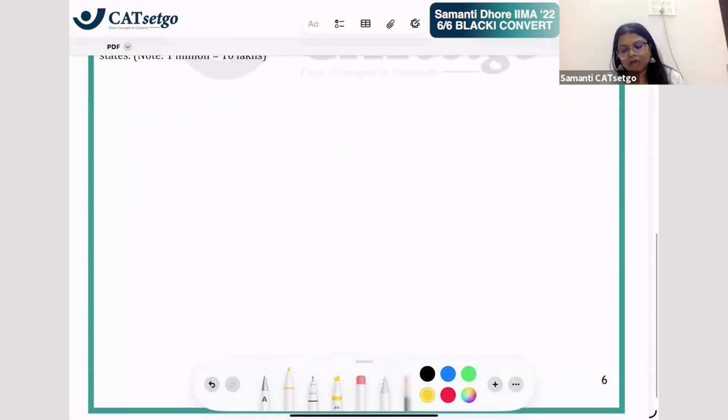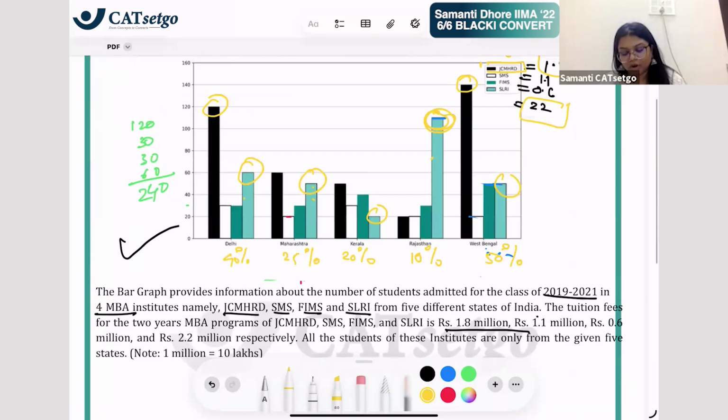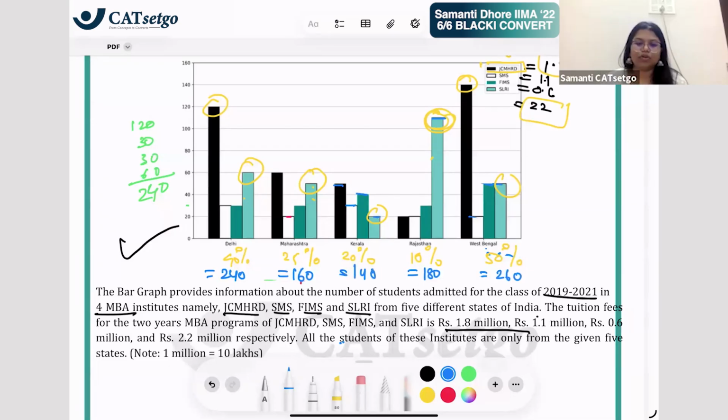So, all right. I wrote here the percentage of total MBA admit people that got it. Okay? Basically, if for Delhi my total was how much? 240 was the total now. Here what was the total? 160 I guess. I shouldn't have erased it. 160, I think here it was 180? And here it was 260, correct? This was the total. And what is the total here? It is 50 and 30, 80, 80 and 40, 120, 120 and 20 is 140. Right? This was the total.